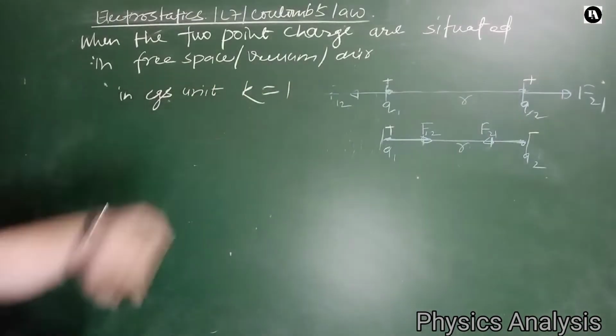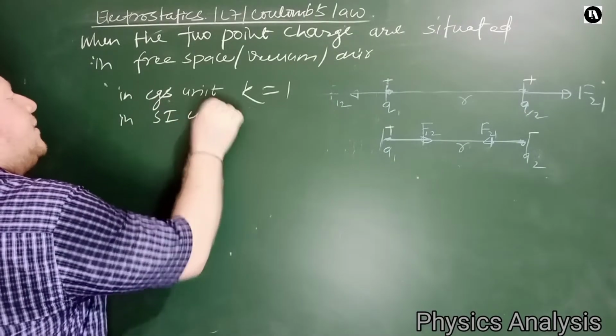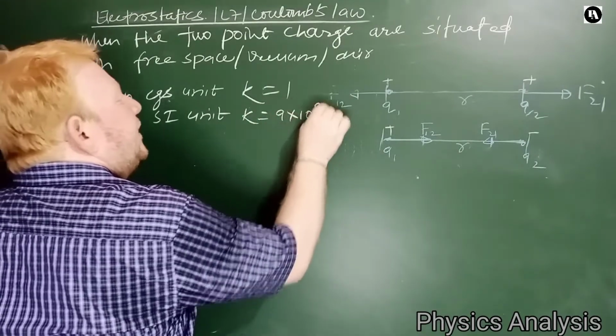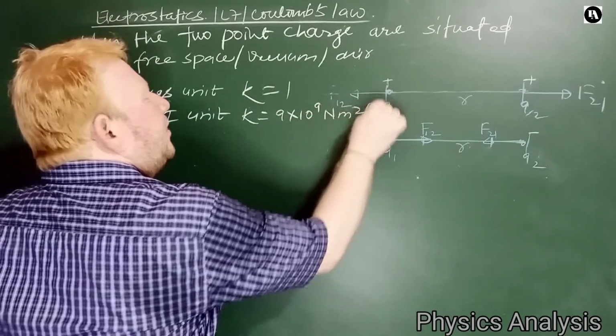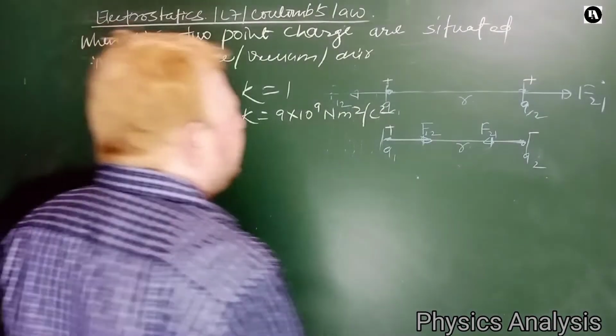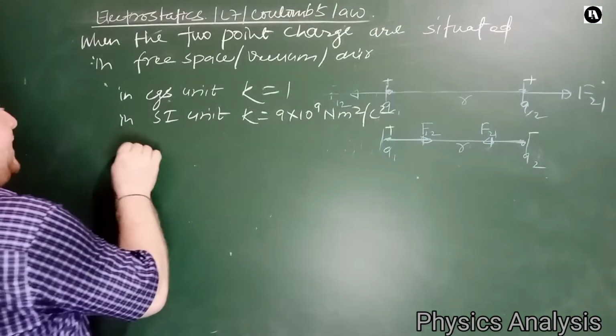K is equal to 1. But in SI unit, K is equal to 9 into 10 to the power 9 Newton meter square per Coulomb square. This is the value of K, and we write